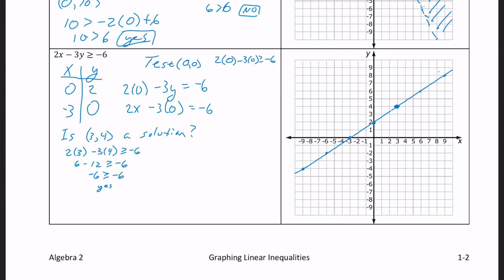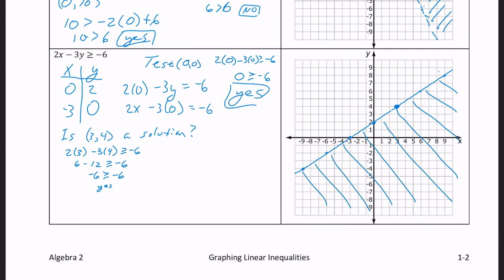All of this works out to 0. Is 0 greater than or equal to negative 6? Now think about it. Is 0 bigger than negative 6? Yes, 0 is bigger than negative 6. So that tells me that this side that holds 0, 0, the part that's below the line, is